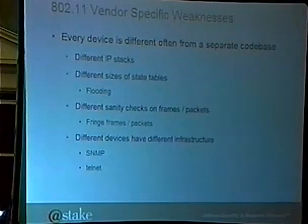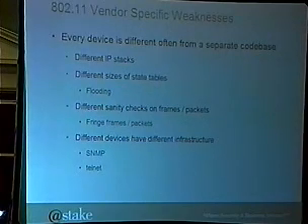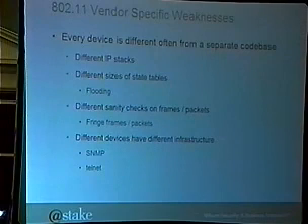Vendor-specific weaknesses. Every device is different and often from a separate code base, especially I imagine with the 802.11 stuff, since there was never really a standard code base to start with. Originally, with a lot of wired infrastructure, you'd come up with vulnerabilities even in operating systems. A lot of stuff was based off of your BSD stacks, and you'd find 15 vendors vulnerable to the same vulnerability. In this case, you'll probably find some of that, but we've seen a lot of different things.